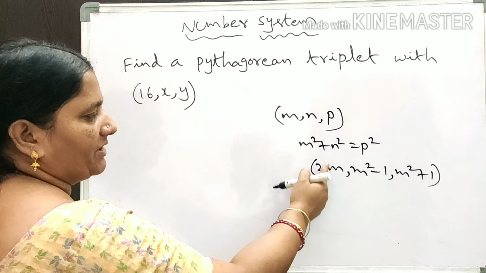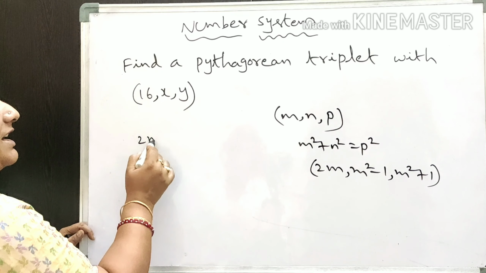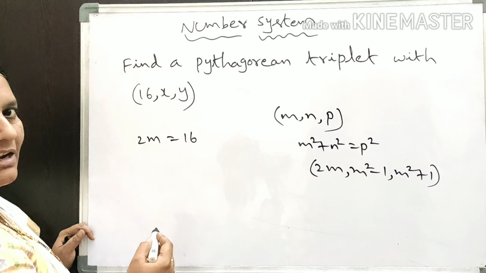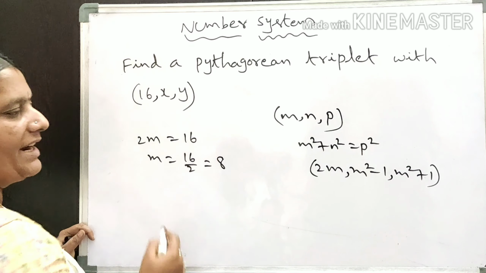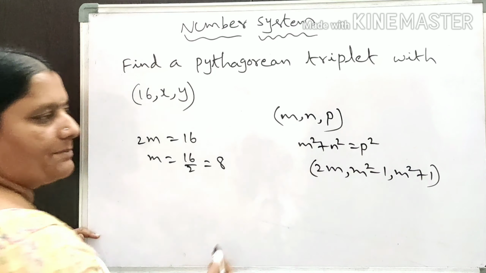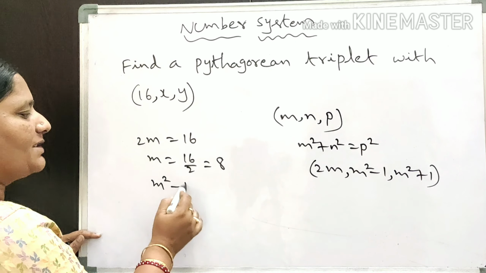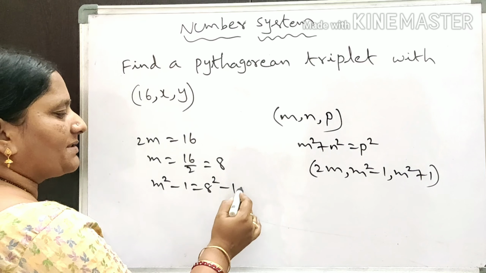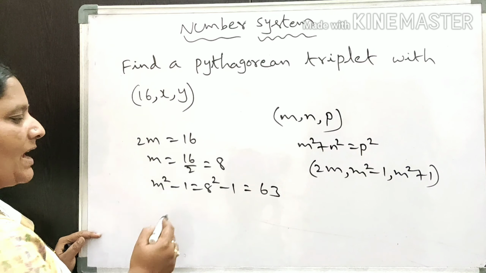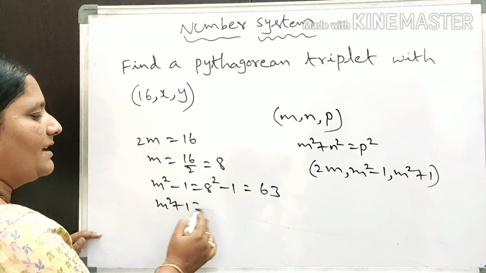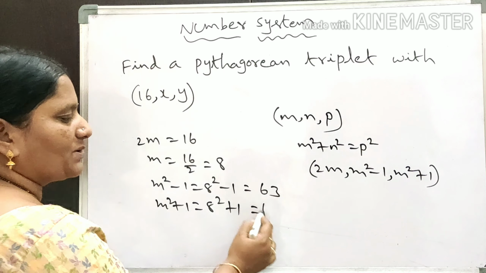Let us equate the first term of this Pythagorean triplet, 2m, with 16. We get 2m is equal to 16, then m is equal to 16 by 2, which is equal to 8. Then we can calculate m square minus 1 and m square plus 1. M square minus 1 is equal to 8 square minus 1, it is 64 minus 1, which is 63. And m square plus 1 is equal to 8 square plus 1, which is 64 plus 1 is